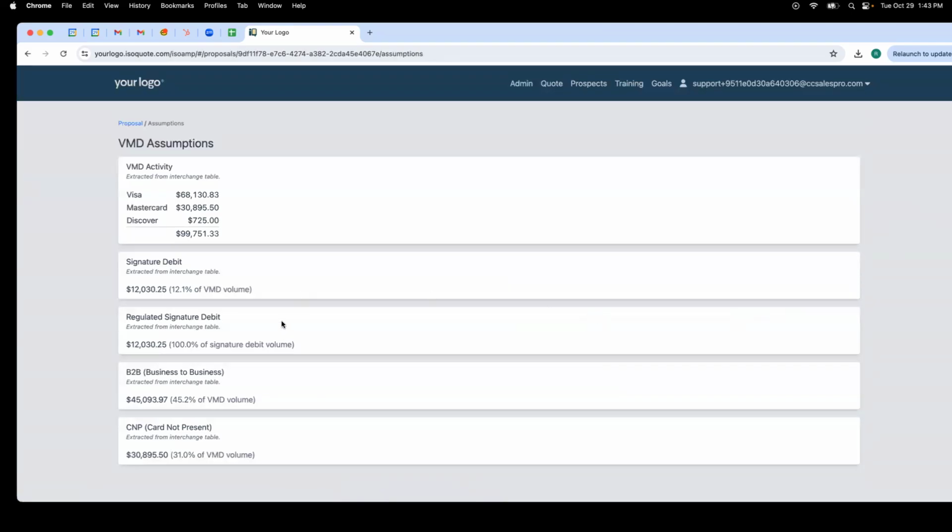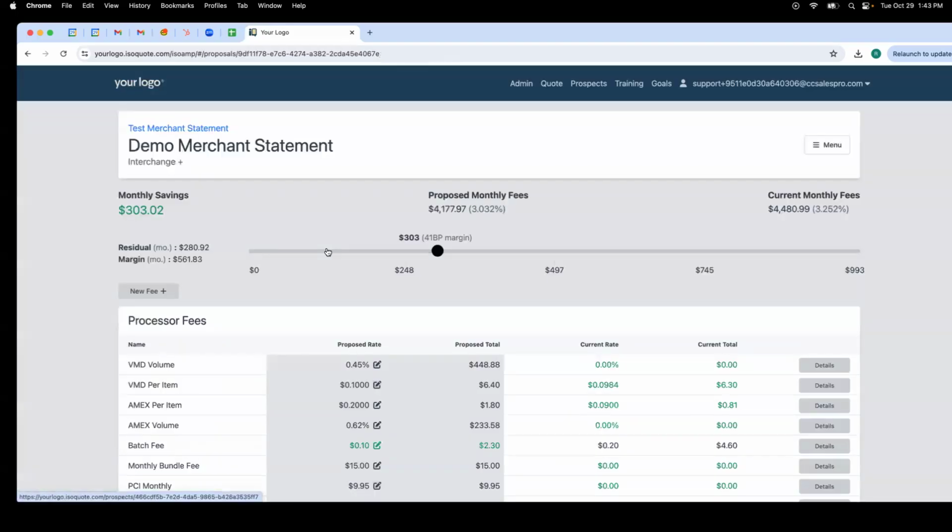It's like, okay, we know in this industry type from the data that we built this with, X amount is going to be signature debit, X amount of that's usually going to be regulated, X amount is B2B, and X amount is card not present. That's really where the MCC code drives the effect. We used probably 10,000 sample statements from all across the country when we built that. And it says, in this industry type, we see a trend. It's mostly going to be this much here, this much here, this much here, and this much here. So I would select the one that you want to move it to as the MCC code in that scenario,